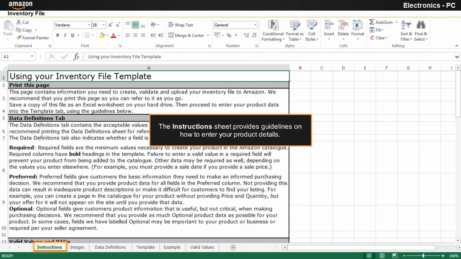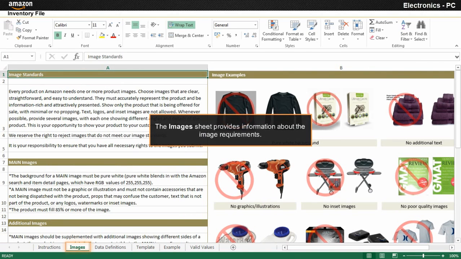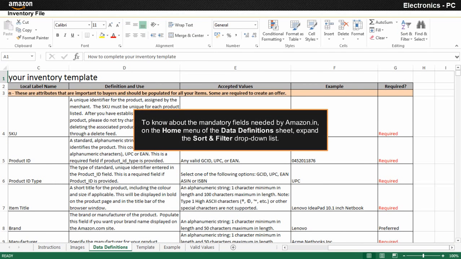The instructions sheet is displayed by default when you open the file. You need to refer to the guidelines available on this sheet to enter your product details. The images sheet provides information about the image requirements you need to keep in mind while uploading product images on the Amazon.in website. To know about the mandatory fields needed by Amazon.in, on the home menu of the Data Definitions